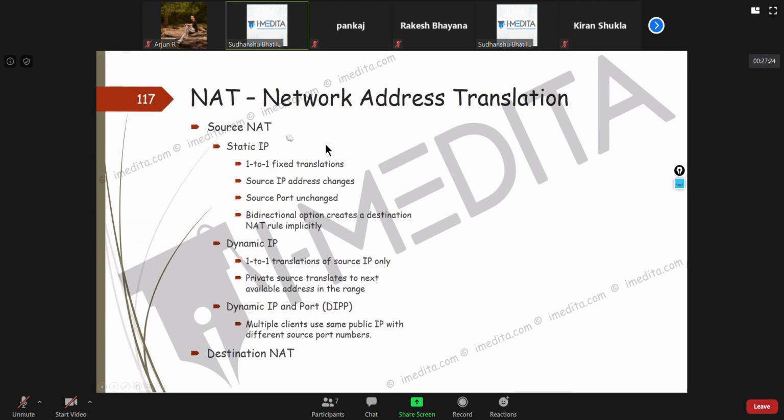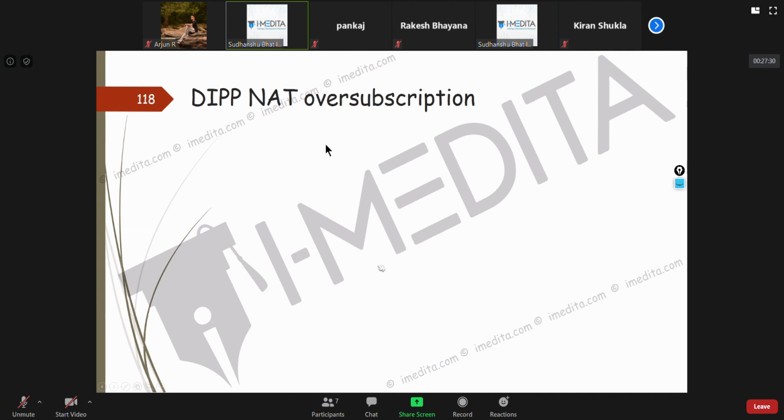Okay, that was source NAT, not so difficult, right? Now there is this concept of NAT oversubscription. This is actually a unique feature of Palo Alto. So you can pretty much expect that this is something that will be asked about in the certification exam, because whenever you're studying any device, if there is something unique, a new feature or a proprietary feature that they have brought in, there will be questions based on that.